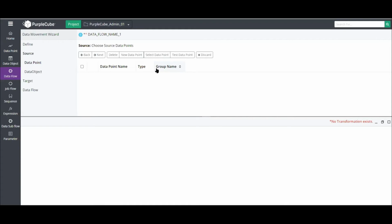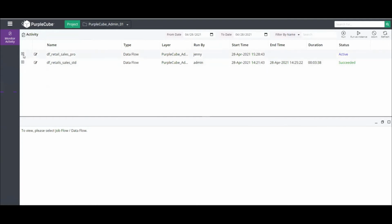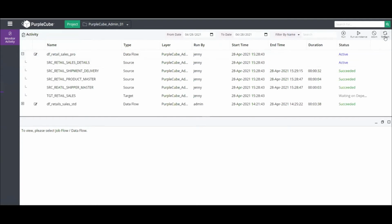We have also dedicated schedulers where you can schedule the data pipelines as well, along with the orchestration between the data flows. That means to define certain conditions to run your job, or define the sequential order in which you can run your job. That orchestration can be done using the job flow module. Now, let's see if our job is successful. It is running, and